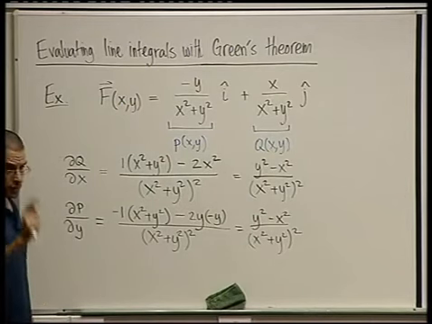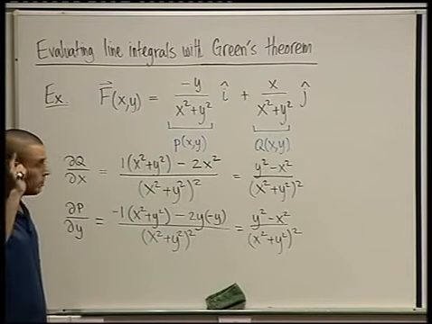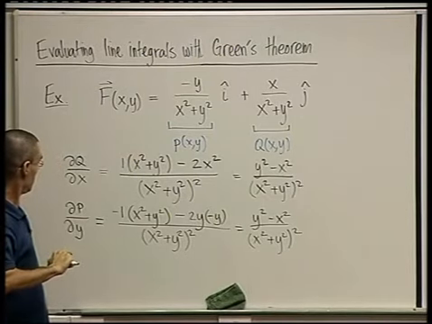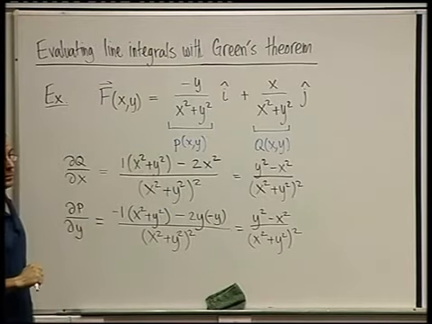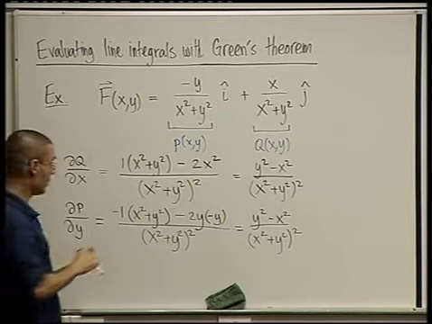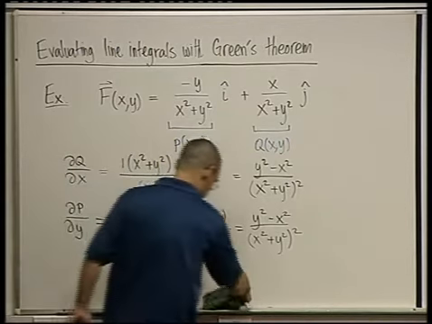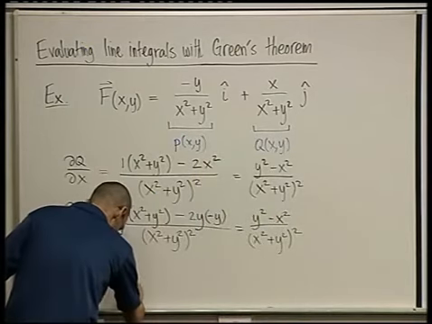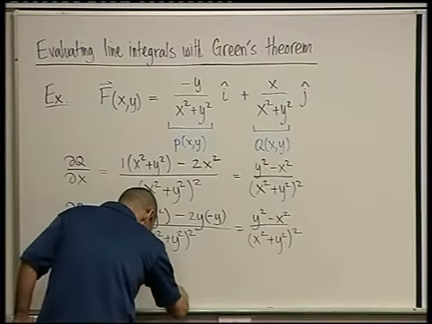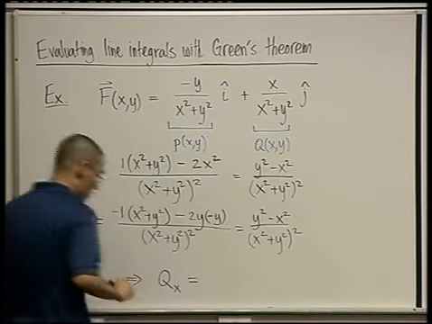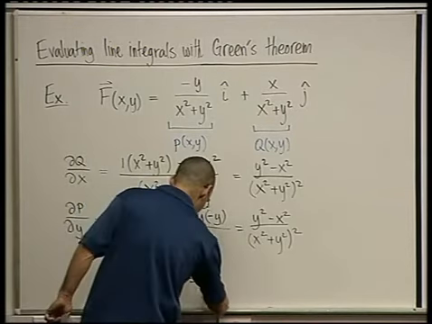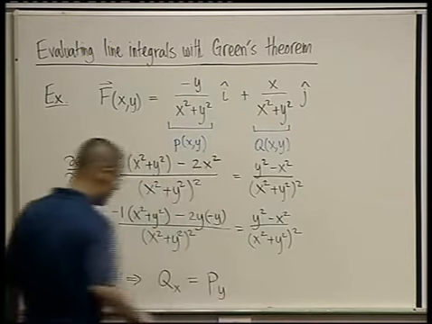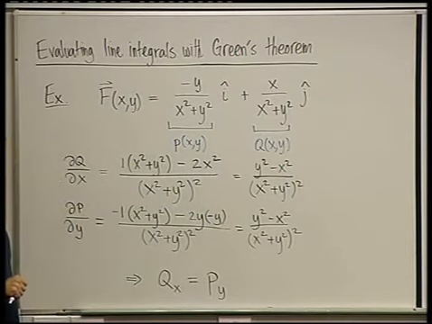And now if you observe carefully, you must notice that they're equal. Do you see that? So for this specific example, and this is what makes it the classic example, we just found out that Q sub x, the derivative of Q with respect to x, is precisely the same as the derivative of P with respect to y. Okay? Therefore,